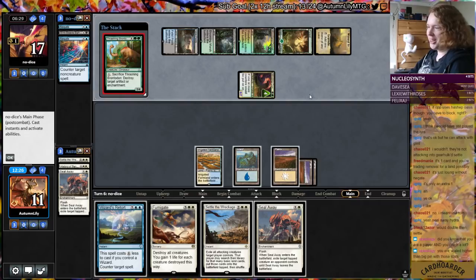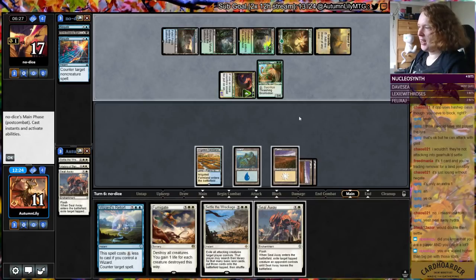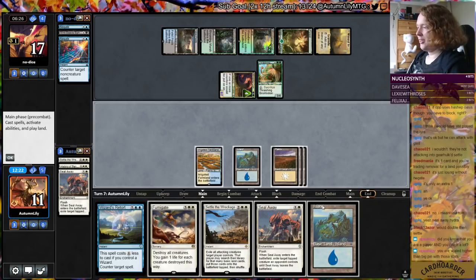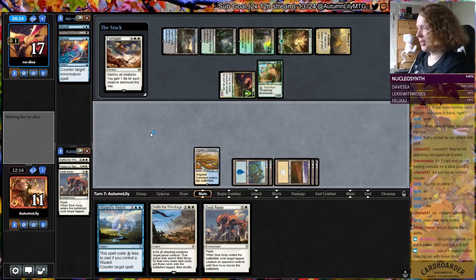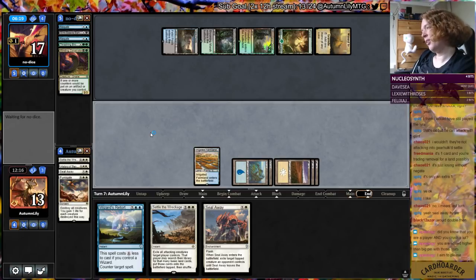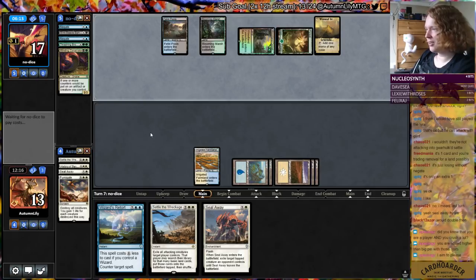Oh my god, Apology. You great. Ooh, we get to kill 2 creatures with our Fumigate. I'm so excited. They then get to play something on an empty board with us not having mana up, which is scary, but as long as it isn't a Hydra, I think we're in a really good spot now. Or a Planeswalker, I guess. Scarab God, whatever. There are things that get us here, but